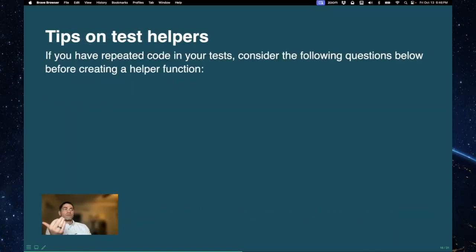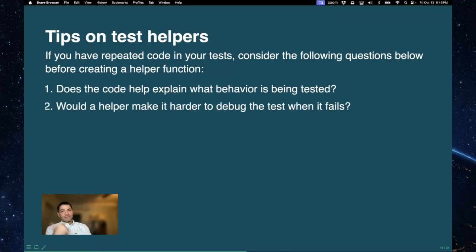When you're considering whether or not to turn a set of values or anything into a helper, the two things that I ask myself are: does the current code explain what the behavior is that's being tested? And would the helper make it harder or easier to debug when the test inevitably fails? I think that's one of the driving points that really helped me consider whether or not to develop a test helper: if it's making it easier for me when they pass, it's probably not helping